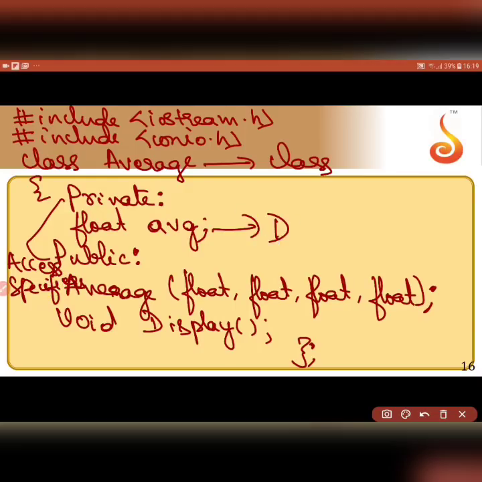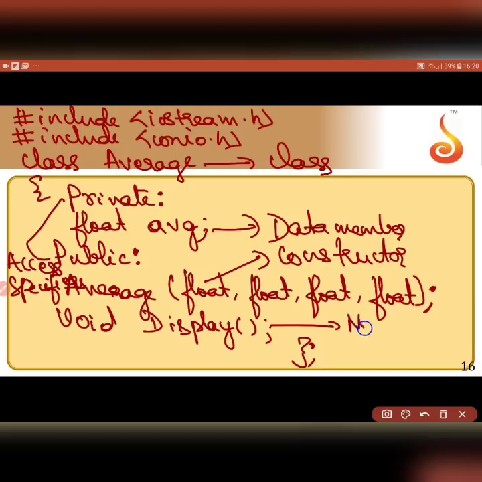data member, and this is constructor, and this is a member function. Fine. So this is the class wherein it has one data member which is of float type. Float means it will have both the integral as well as fraction part. Average, avg, I am naming it as, and the name of my class is average, and then